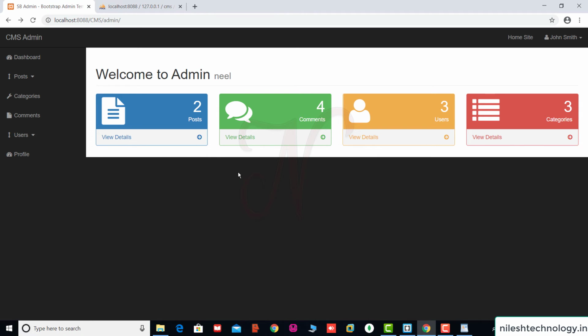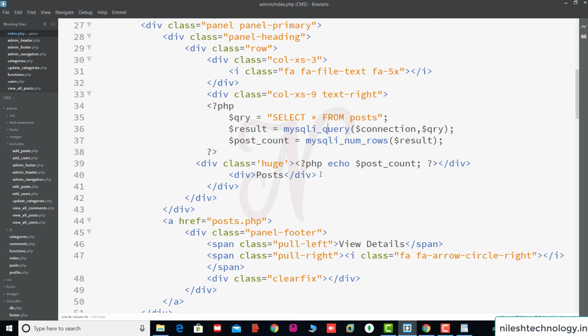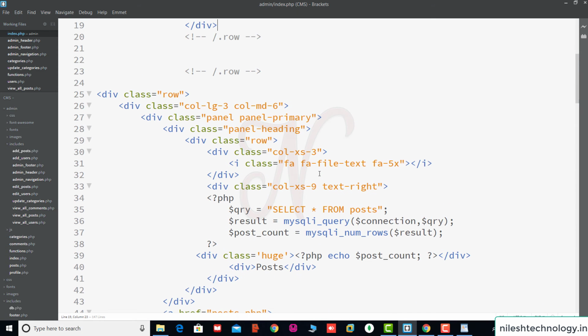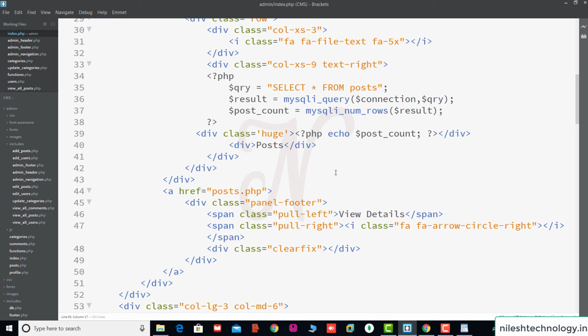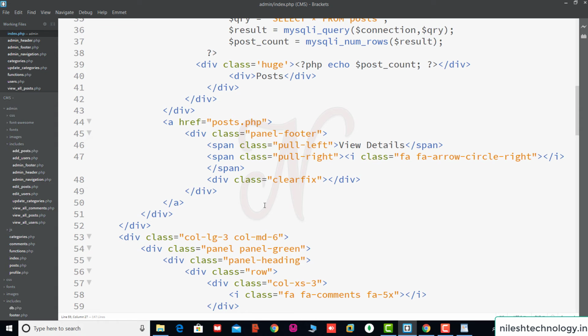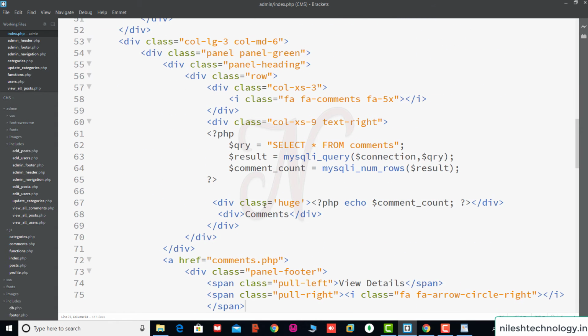First we finish this task. Going to this Brackets editor, this is the view detail section, and this is the post. We have already mentioned the file name post.php, so we cross check the others.